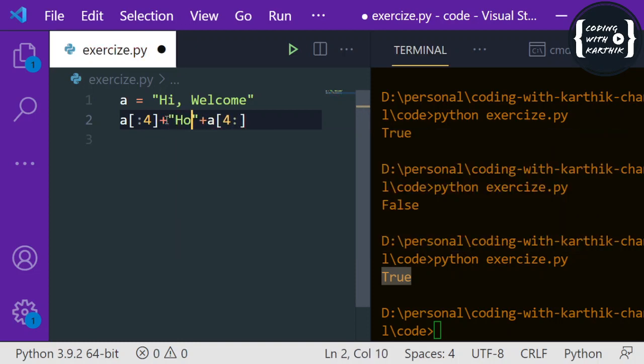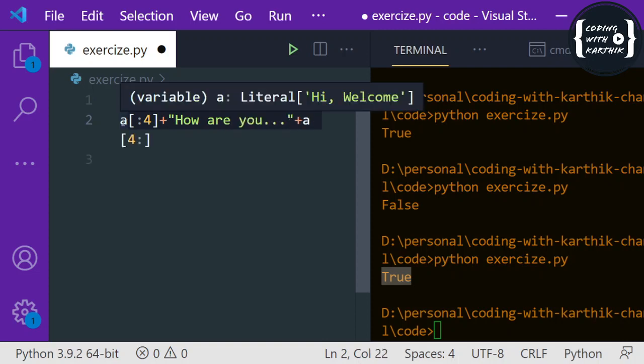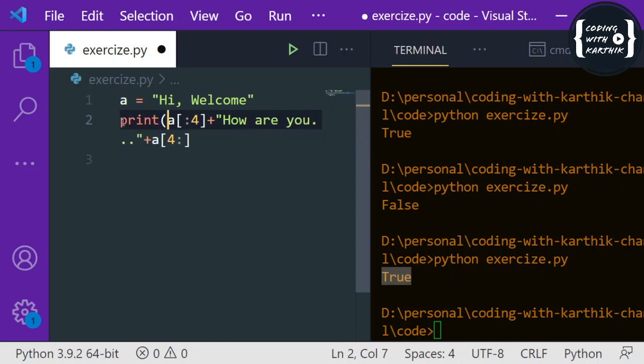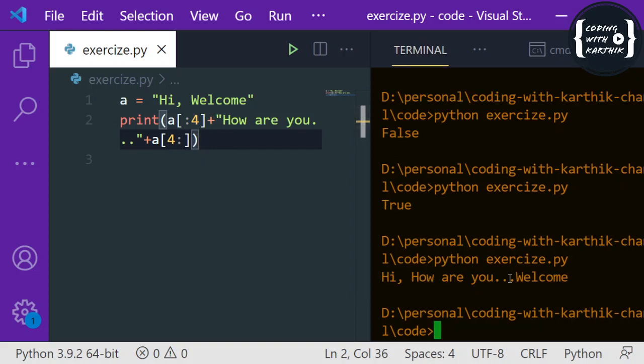So I'm just trying to insert this one. I'm just printing this one. See this. So if you want to insert a substring at a specific position, then we have to use this way.